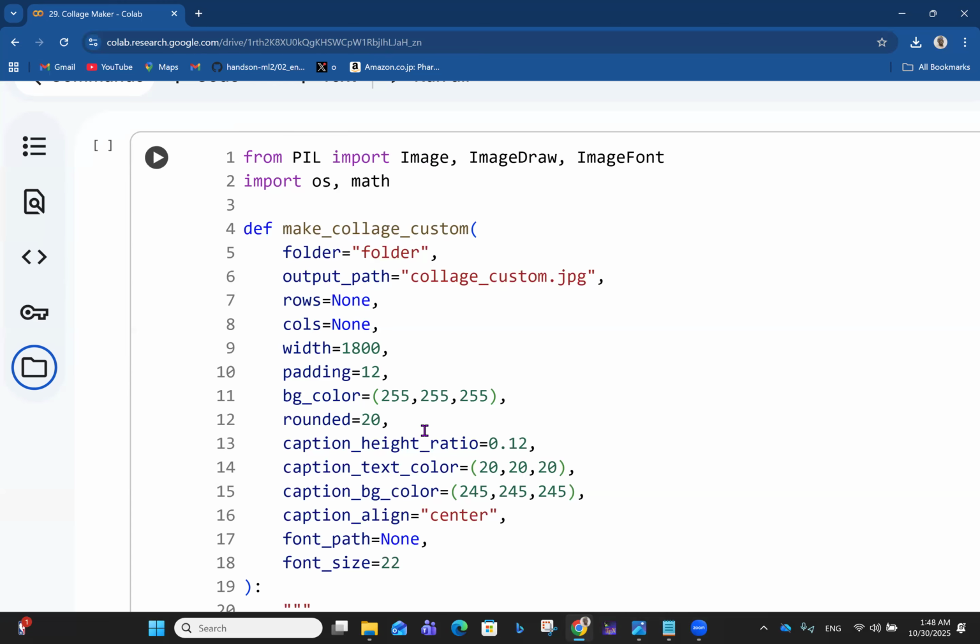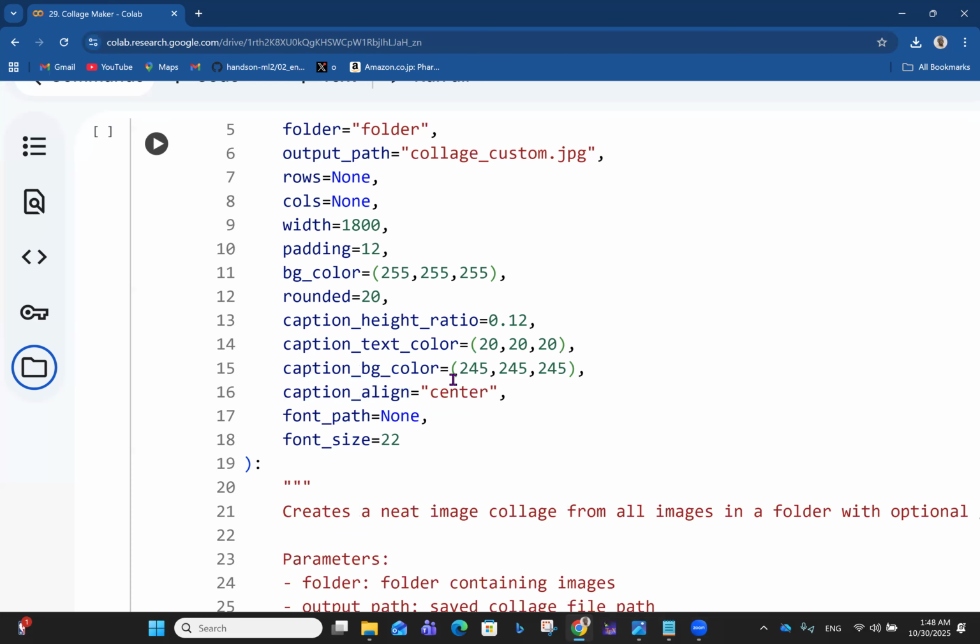Then rounded 20, like want it to be rounded at the edges. Then we have caption height ratio 0.12. Maybe you want a caption for each of these things. Then you have caption text color 20, 20, 20, caption BG color 245, 245, caption aligned center. So the captions will be aligned at the center, like for each picture. Now maybe you don't want to label each of the pictures,